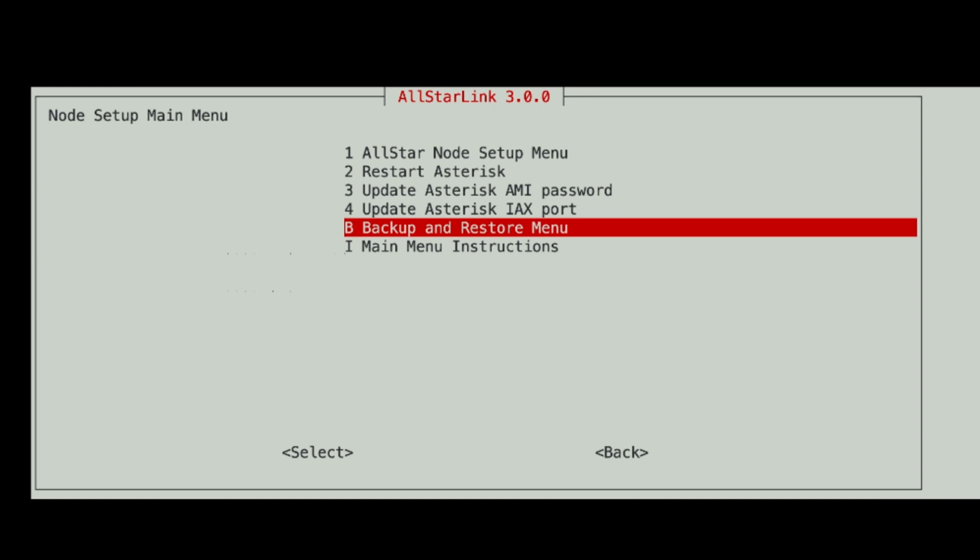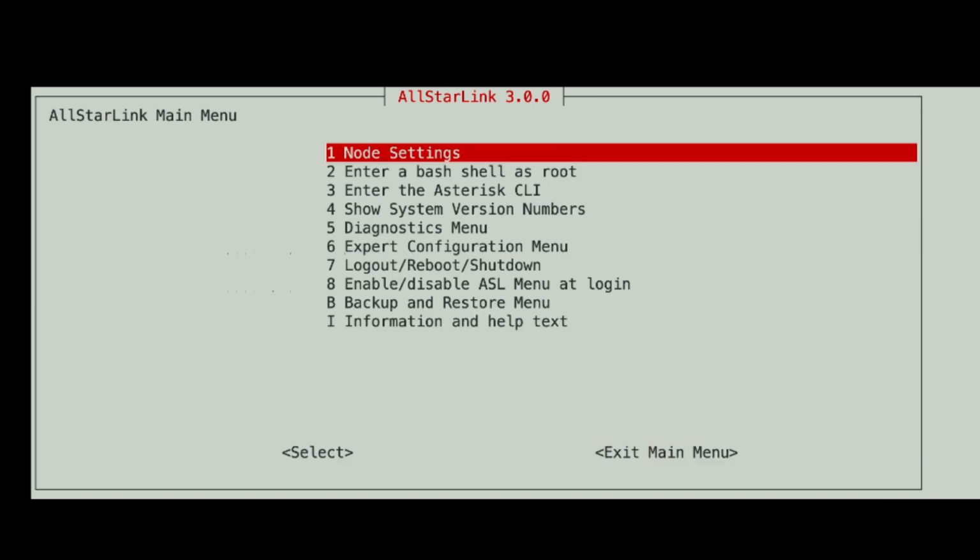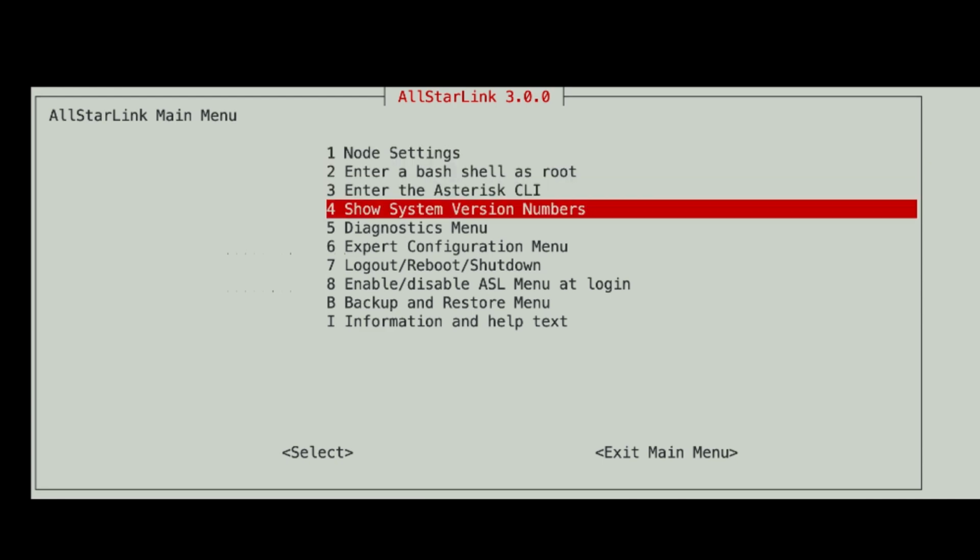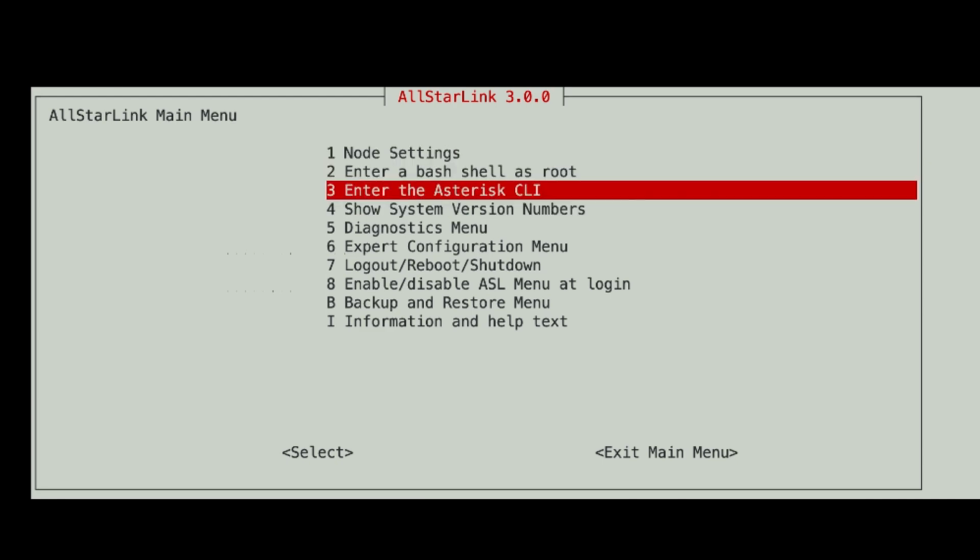If you want to back up your configuration for this node, you can do it here either on the local machine or on the cloud, but we're not going to cover that in this video, but just know that it's available. We're going to go back down to back, go back up a menu,